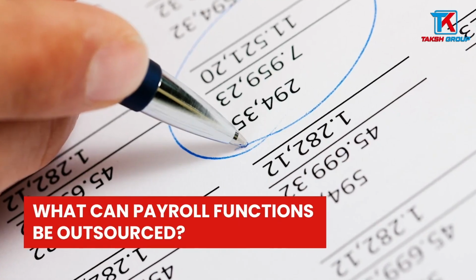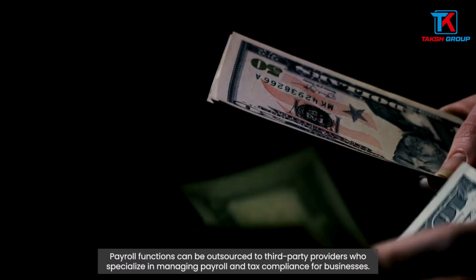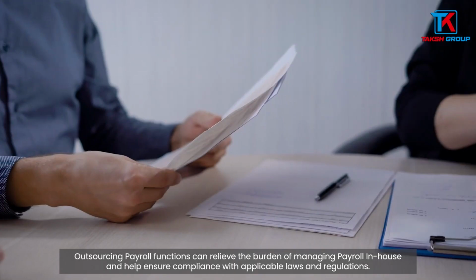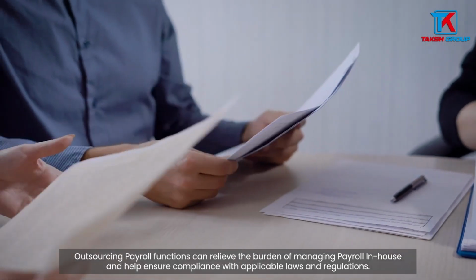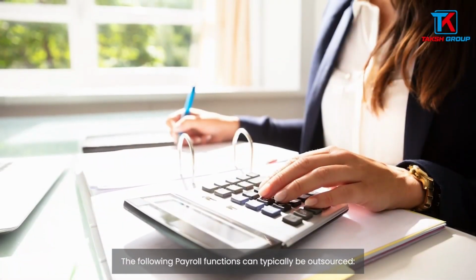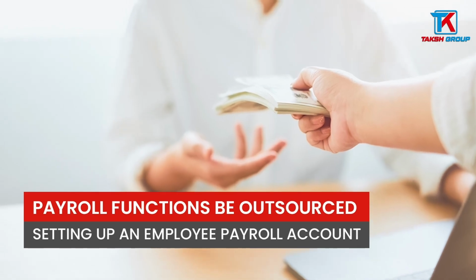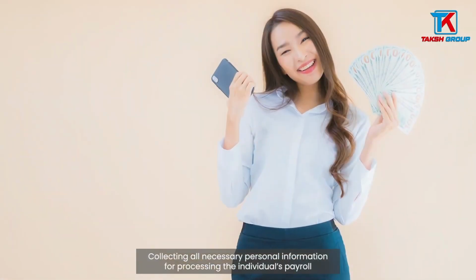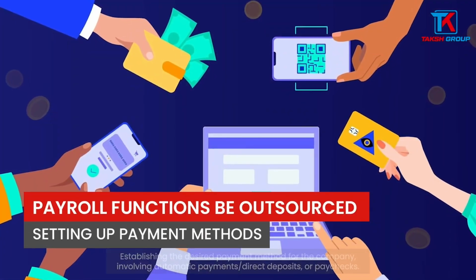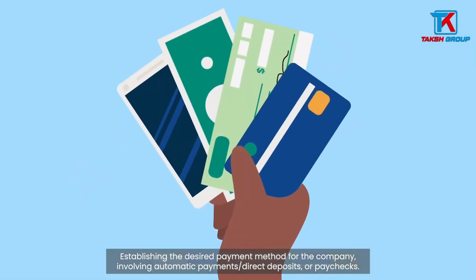What payroll functions can be outsourced? Payroll functions can be outsourced to third-party providers who specialize in managing payroll and tax compliance for businesses. Outsourcing payroll functions can relieve the burden of managing payroll in-house and help ensure compliance with applicable laws and regulations. The following payroll functions can typically be outsourced: setting up an employee payroll account, collecting all necessary personal information for processing the individual's payroll, setting up payment methods, establishing the desired payment method for the company, involving automatic payments, direct deposits, or paychecks,